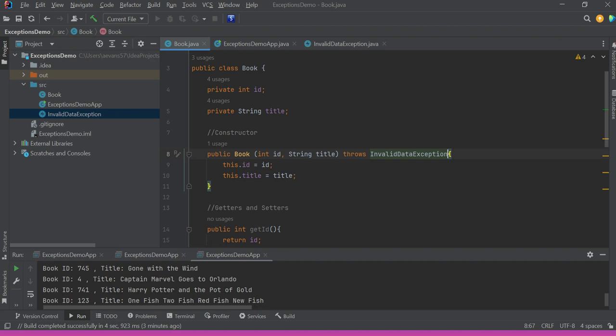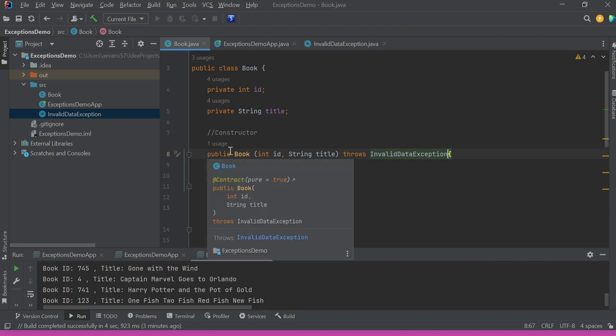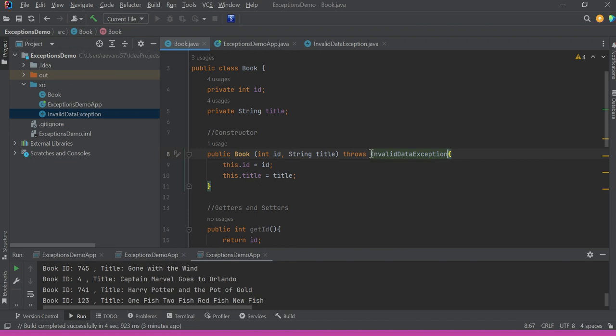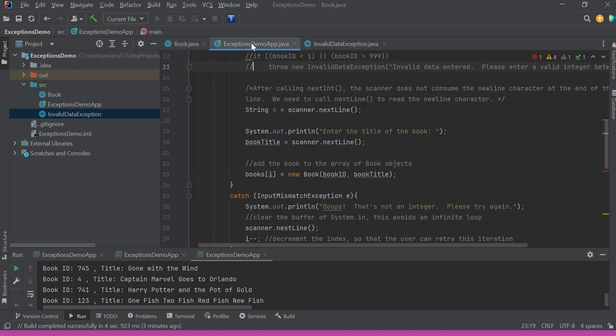So if we want our constructor to be able to throw our custom exception, we have to modify how we declare it here. So we're going to say public Book(int ID, String title) throws InvalidDataException. That means that the constructor now has the ability to throw this exception if something goes wrong. That something is what we will define. So what we want to do